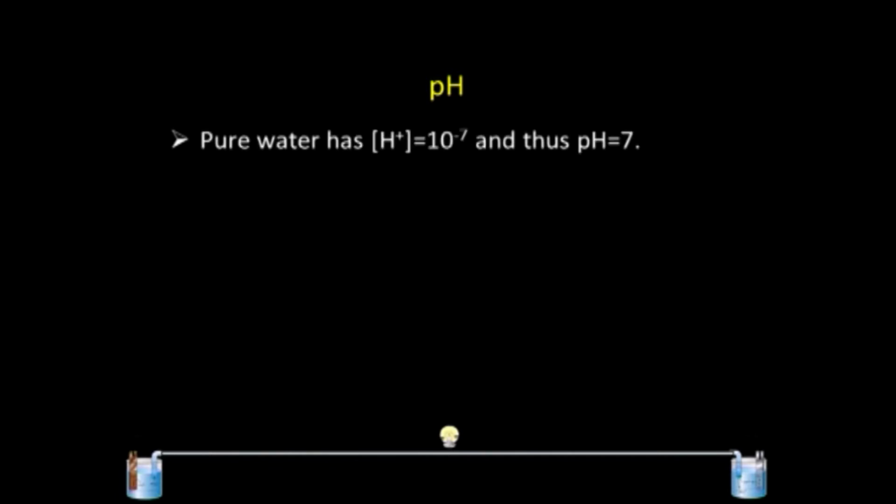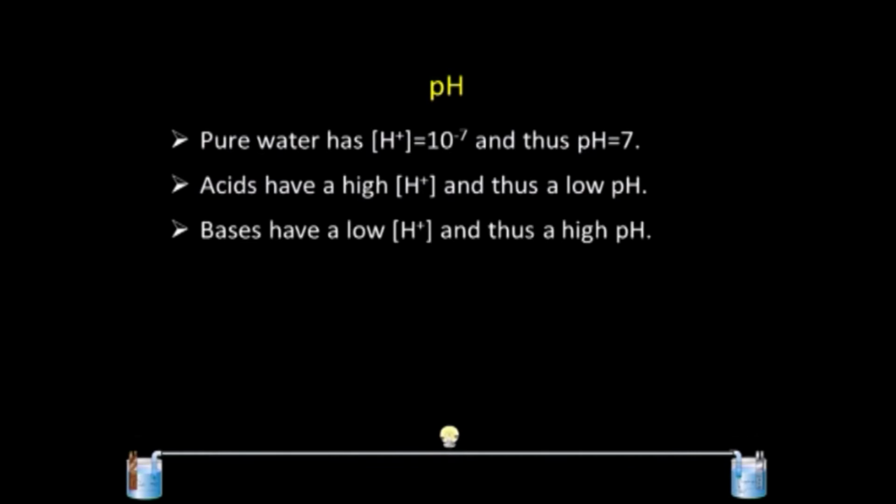Pure water, which we use, has hydrogen ion concentration equal to 10 raised to the power minus 7, and therefore its pH is equal to 7, which represents a neutral pH. Acids have a high hydrogen ion concentration and thus they have a low pH value, that is lesser than 7. On the other hand, bases have a low hydrogen ion concentration and thus they have a high pH, which is